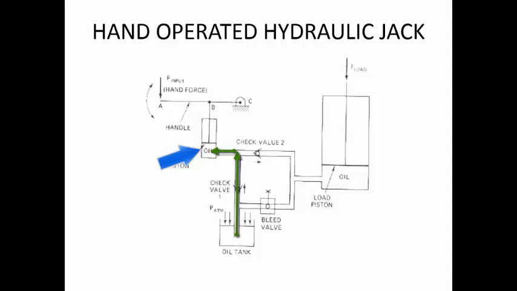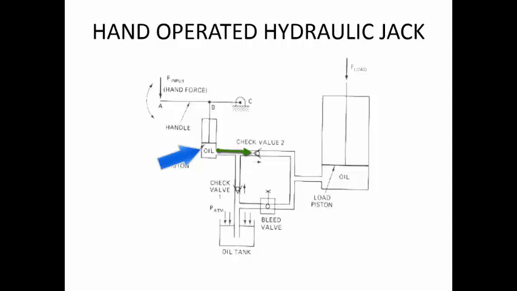Now when you are trying to push the hand lever downwards, the piston is going to move down. So when you are pushing the piston down, some pressure is created. That pressure is more than the atmospheric pressure. So this check valve is going to close. Now whatever the hand lever you are operating, you are applying some amount of force over here. Then because of the lever principle, you are applying a large amount of force at this particular point. So a large amount of force acting on a very small piston means you are able to generate a very large pressure in this particular cylinder.